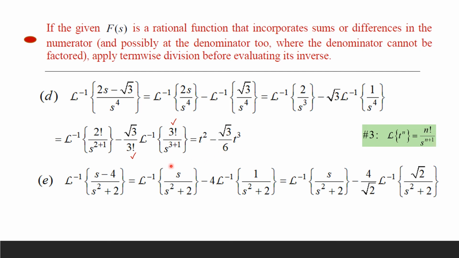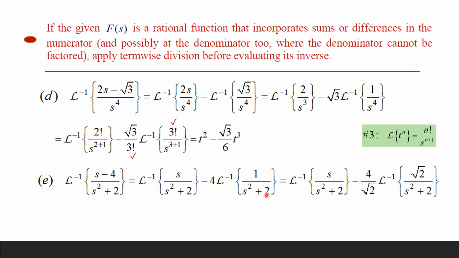Another question, find the inverse of s minus 4 divided by s squared plus 2. So notice that the denominator cannot be factored. So what we are going to do is to apply termwise division again. So inverse of the first term divided by the denominator minus inverse of the second term divided by the same denominator. So inverse of s divided by s squared plus 2 minus inverse of 4. Now 4 is the same as 4 multiplied by 1 divided by s squared plus 2. Okay, so that will be equal to